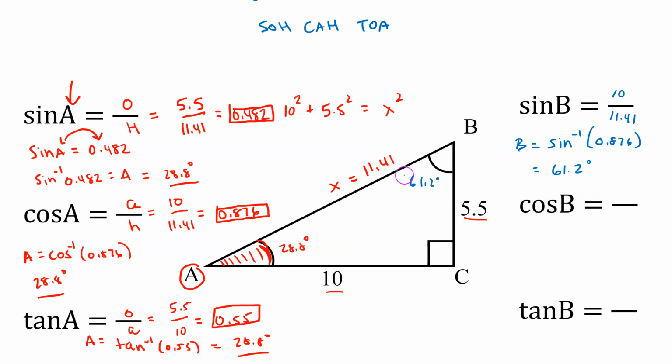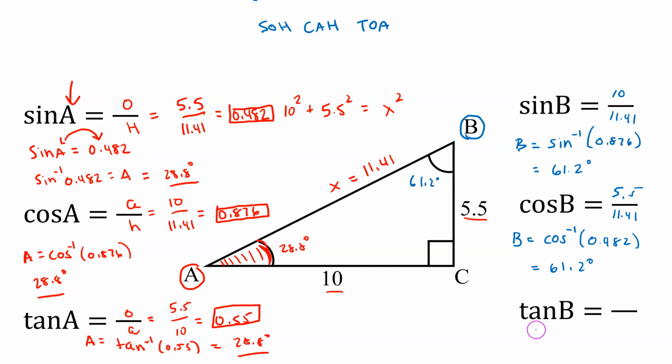Okay, cosine of angle B. Cosine is adjacent over hypotenuse, so that would be 5.5 over 11.41. If we want to figure out what angle B is, we're going to take the inverse cosine of that ratio. That ratio in decimal form is 0.482. So the inverse cosine of 0.482 is 61.2 degrees. And again, we're talking about angle B both times, so it should work out that we get the same value